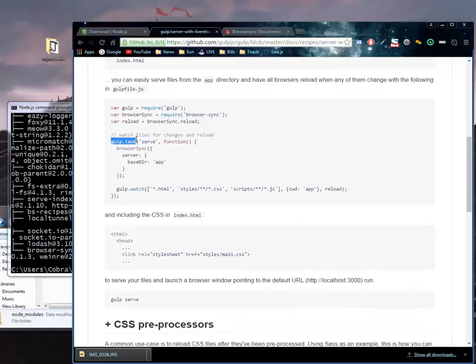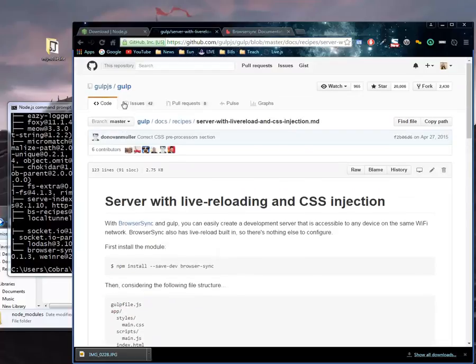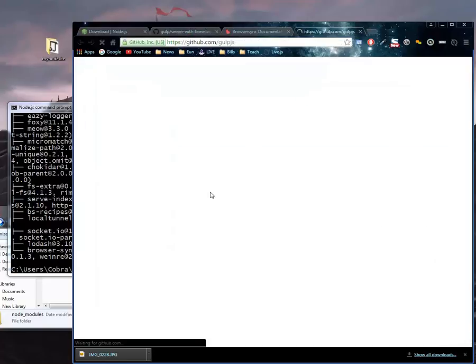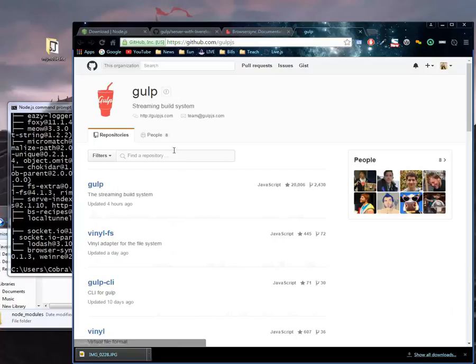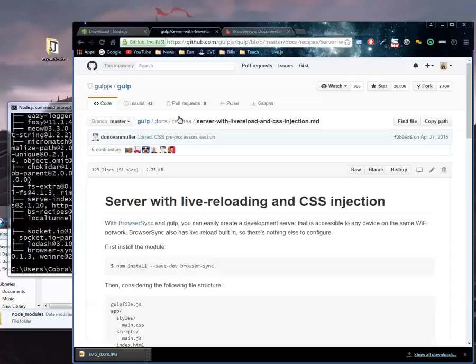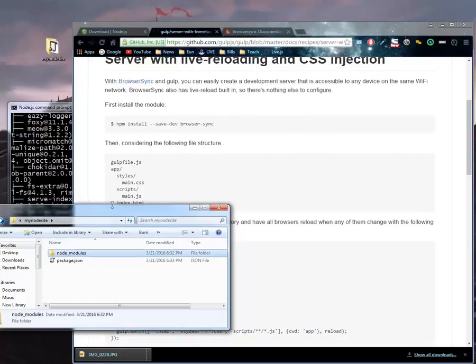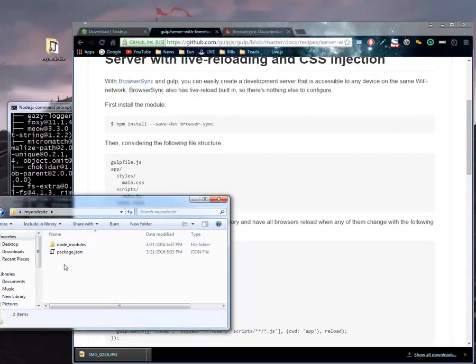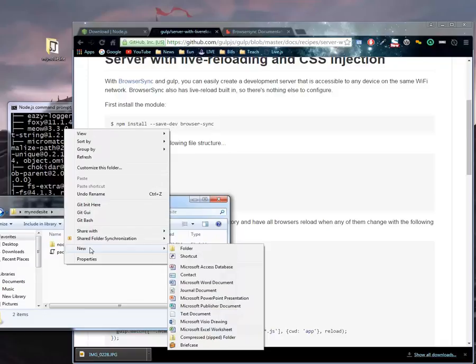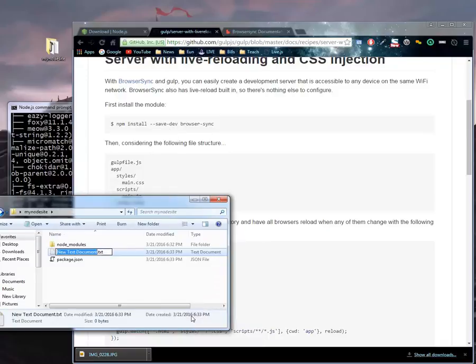Gulp is really good for setting tasks, and that's what was originally on the home page for Gulp, that it's just a streaming build system, a lot of other stuff in it too. So let's look at our folder and see if we can't make out something that's similar. So let's start by making a